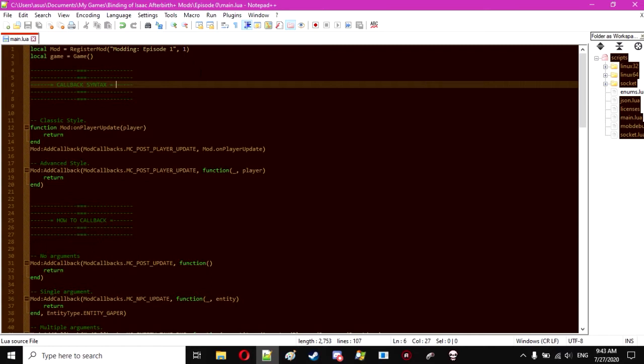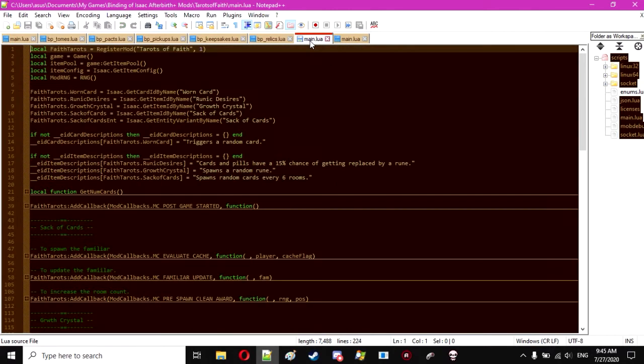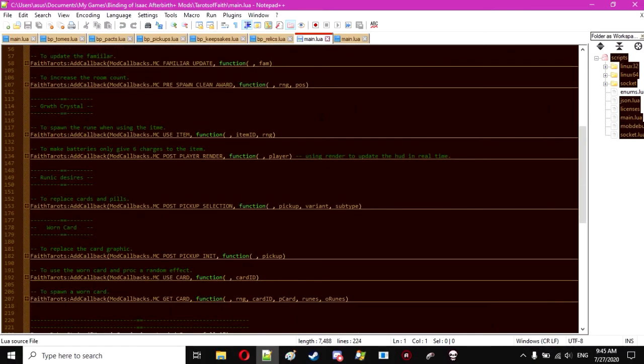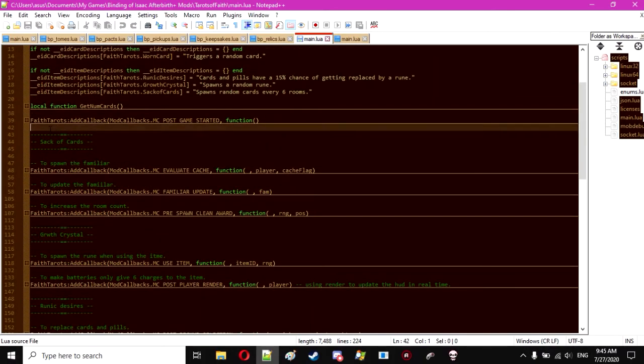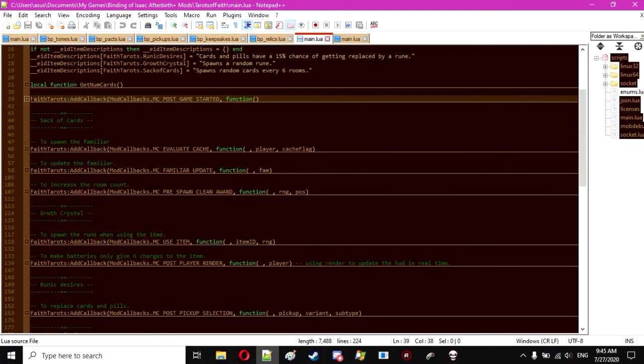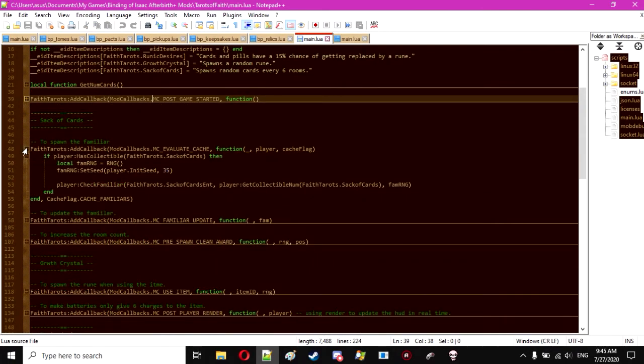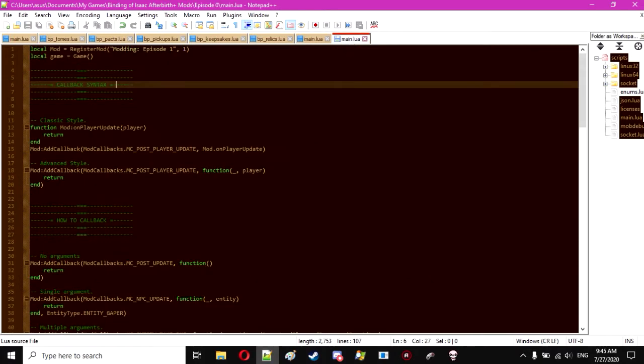So one of the first things you wanna do. Okay, so yes, I was saying one of the main things you wanna learn when working on Isaac mods is how to write callbacks. If you look at other mods, the first thing you will notice is that every single thing they do is written inside of a callback. Callbacks. What are callbacks? Well, basically,